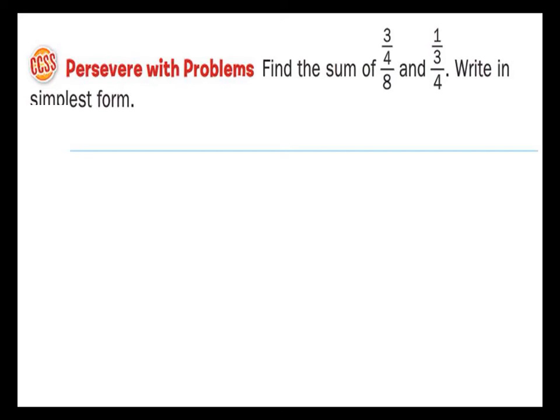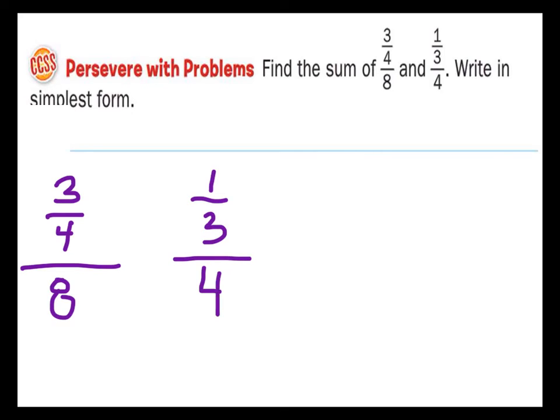All right, notice what we have is 3/4 over 8, and it's the sum. So what operation is sum? Yeah, that's very good. It's addition, okay? Now, notice. Let's do it. I'm just going to use the common denominator of 8 because this is a complex fraction and it's going to be a pain in the rear if we try to do this any differently, okay? So let's multiply the 4 by 2 and this by 2, okay? So what I'm left with is 3/4 over 8